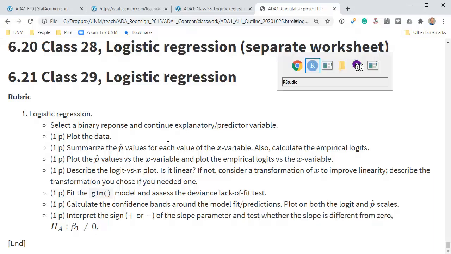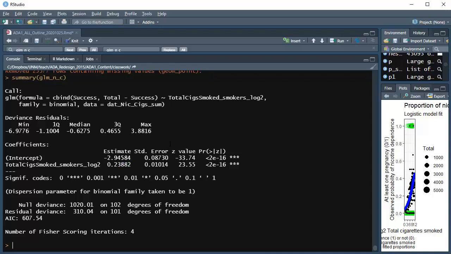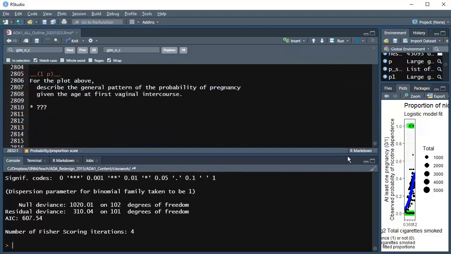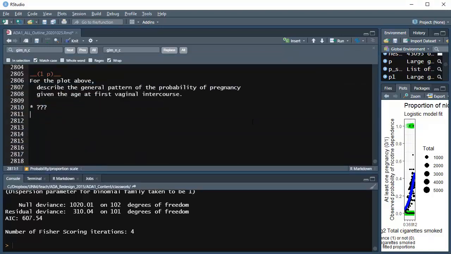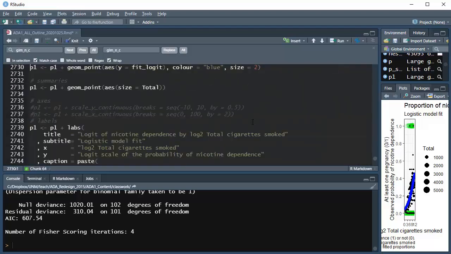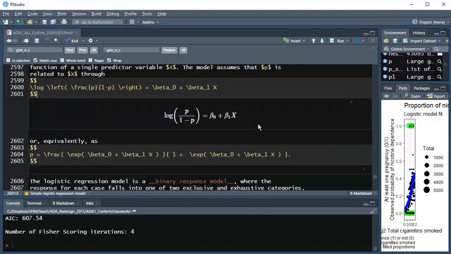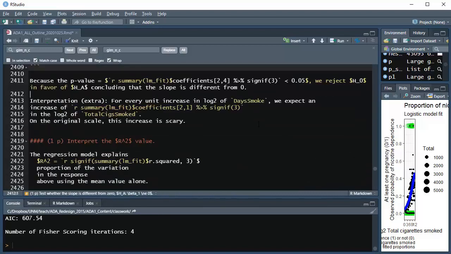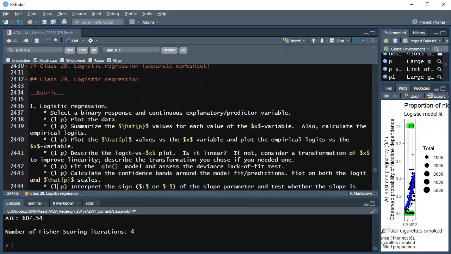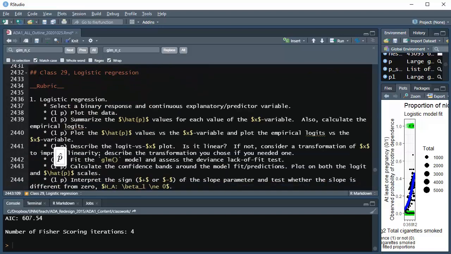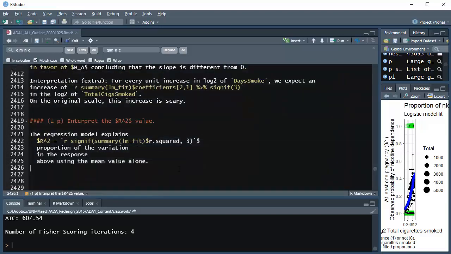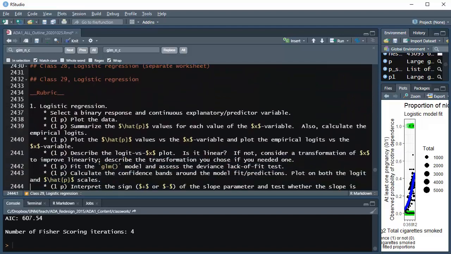Great. The last part of this video is just going to be me going through, because we've effectively answered all the parts of this assignment with the code. We just now need to put things where they belong in the rubric. Okay? So I'm paging up to the rubric. Here we are. Okay, class 29 on logistic regression. Oops, sorry about that. That was sloppy. Okay, on logistic regression,